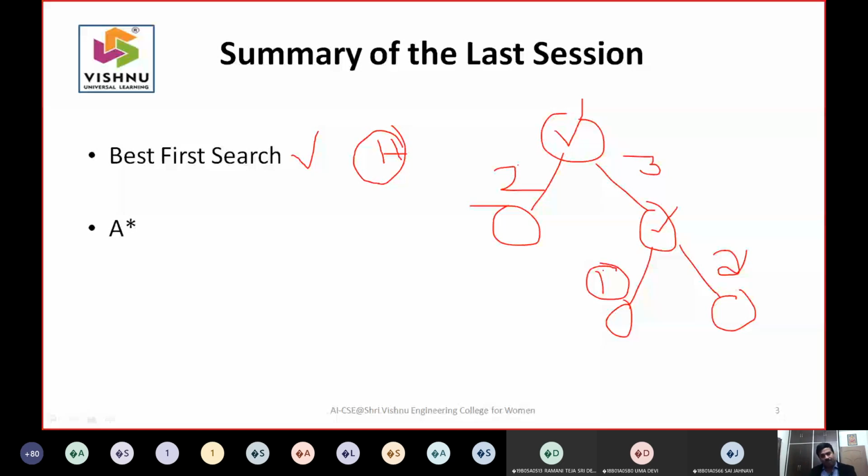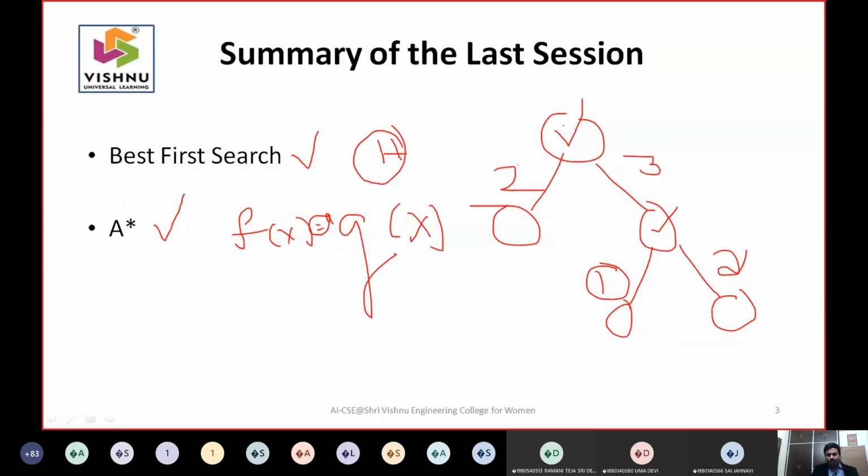For the best first search algorithm also we have seen 2 examples. In one example you got the output faster, while the other example deviated, and finally after exploring most of the nodes we got the output. And in the last class we saw the trace of the A star algorithm by using a small heuristic. That heuristic is this. This is what the heuristic is.